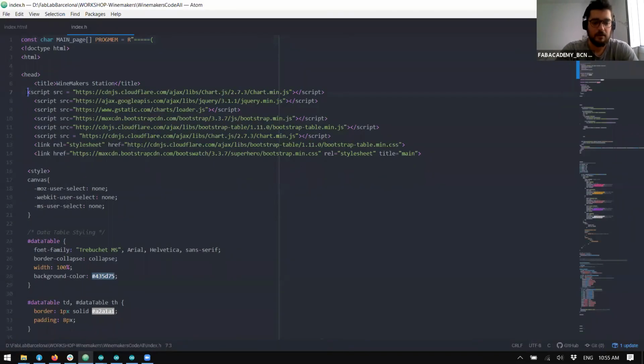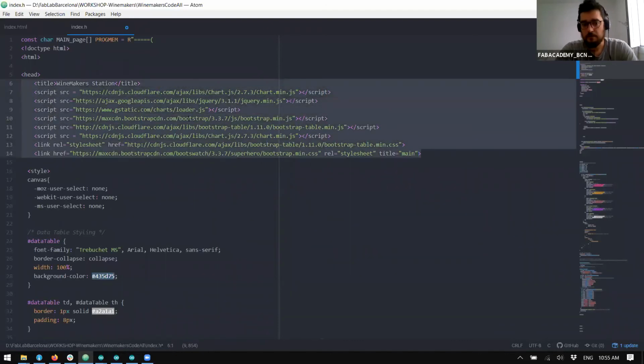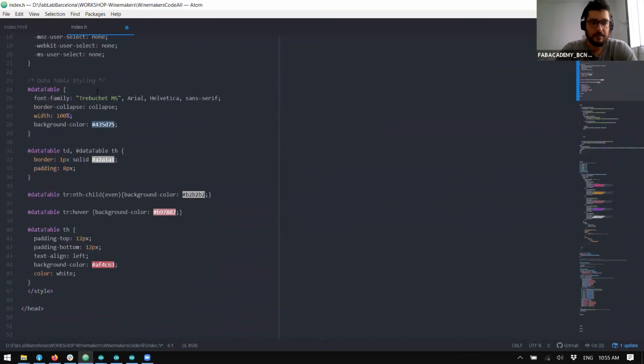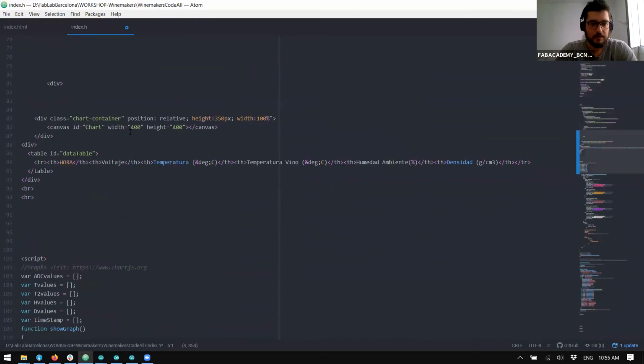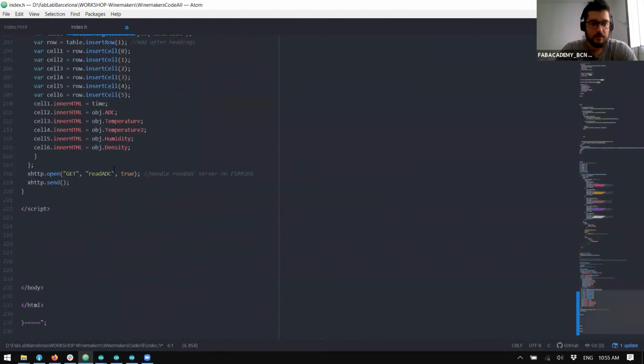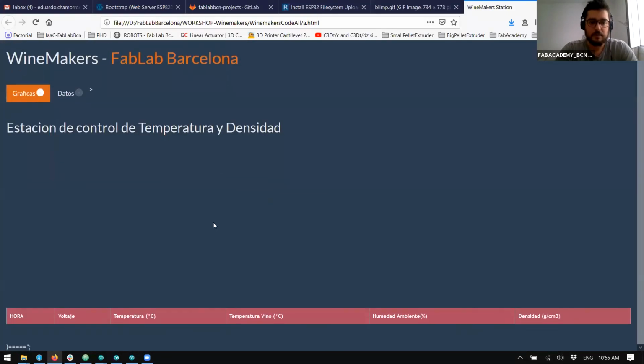For example, I call in a lot of scripts to make everything responsive and update. So actually I call Cloudflare, etc., Bootstrap. Actually, these are more the standard links, most of the Bootstrap ones. And I have data tables, some panels, and what we are doing here is publishing some graphs all the time. So actually this page, if it was properly connected to the ESP, would be publishing data